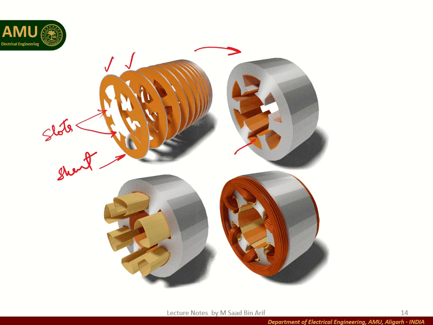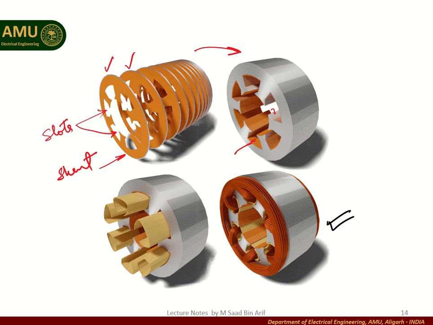So this winding will be like this. Maybe the wire will go like this and will come out from this. We usually draw like this, but this wire is basically put over here and it will just adjust like this, so that there is no hindrance in this region, because we have to place the rotor in this region. Similarly, the next winding will start from here and we put it over here and it will go like this. Okay, so in this way you can see the assembly of a stator is like this.